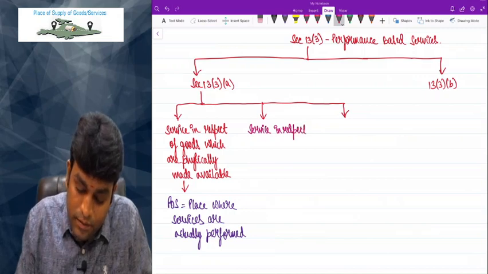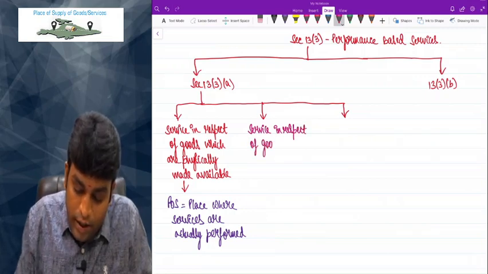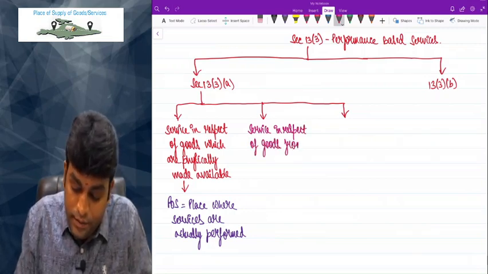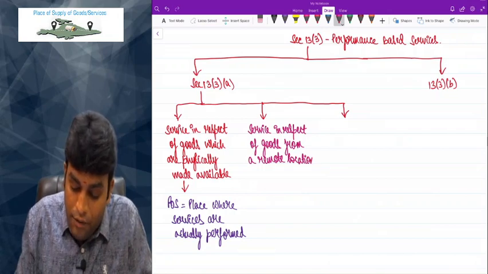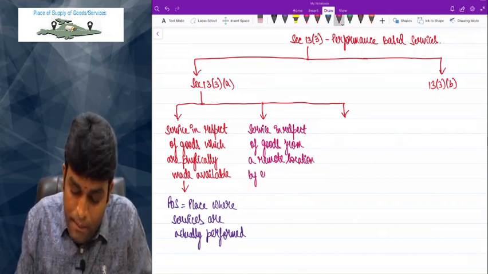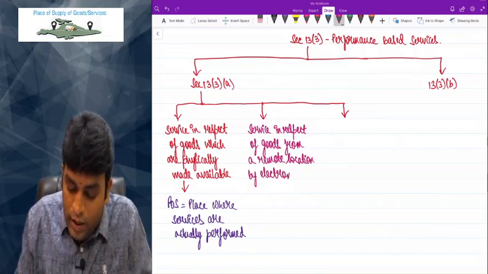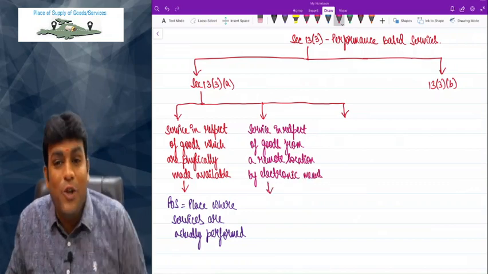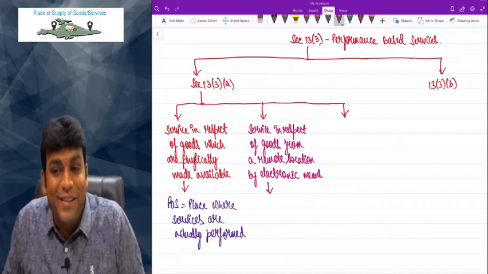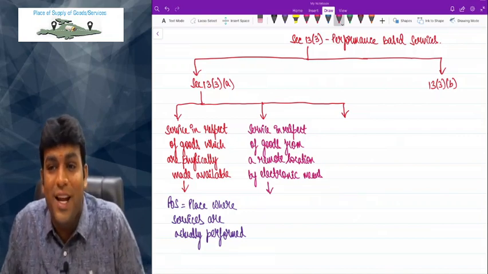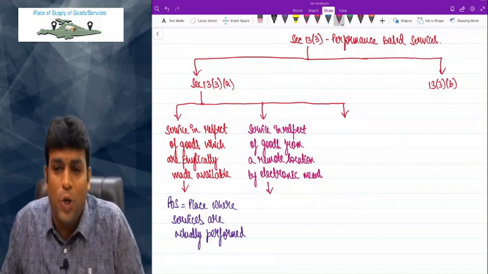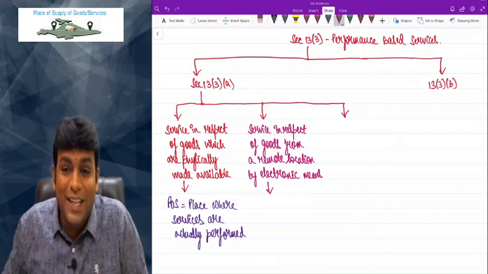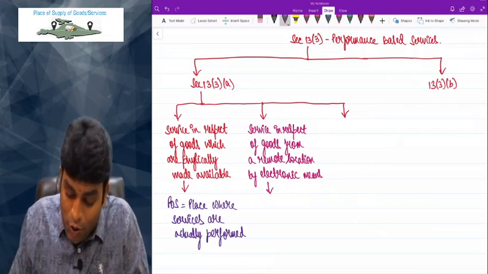Service in respect of goods from a remote location by electronic means. That means we solved the problem online. Service in respect of goods from what location, sir? Service in respect of goods from a remote location by what means, sir? Electronic means. In this case, what law told is that